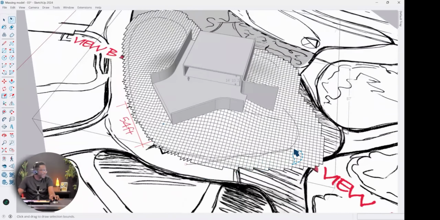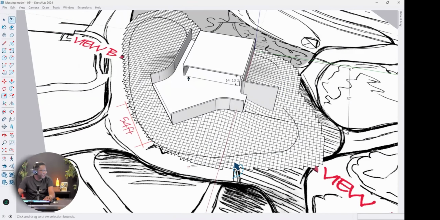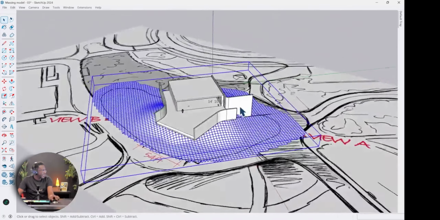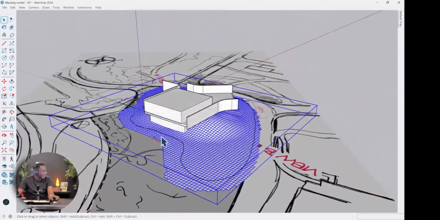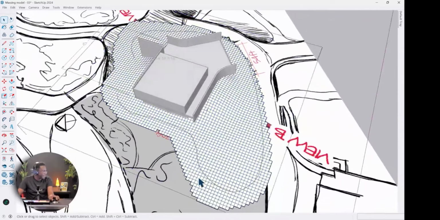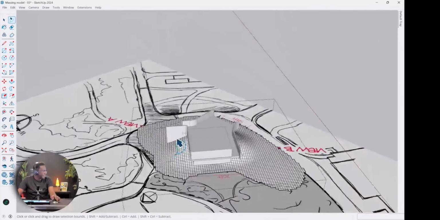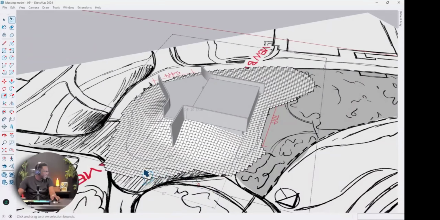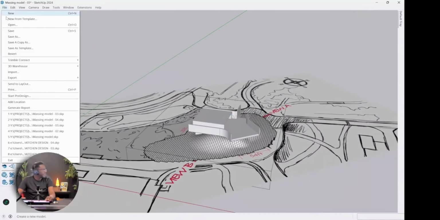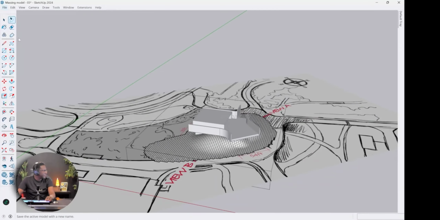Right, now this doesn't have to be neat. What we're trying to do is just ease the pressure on the computer, because with all of these squares, this model becomes a little heavy. So we want to lighten that load by getting rid of some of these details here. There we go. All right, so now that we have this done, we want to save this. Don't forget to save as you go along.